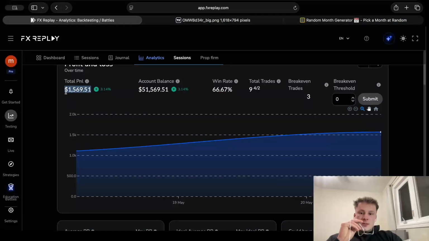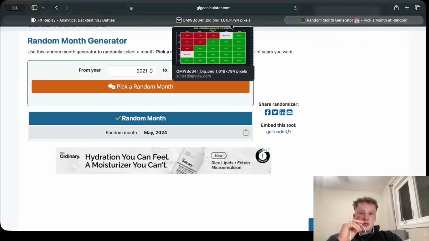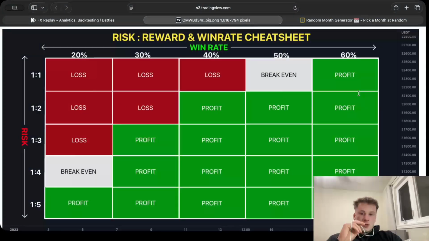Securing about 1.5K across 5 accounts is exactly what I did last month, which was able to secure me around $8,000 in payouts. So don't think that you need a high win rate. I do have a higher win rate on live markets, but this backtest session is still a great example of how you don't need many trades or a high win rate to secure profit.